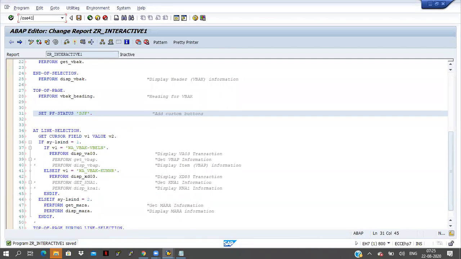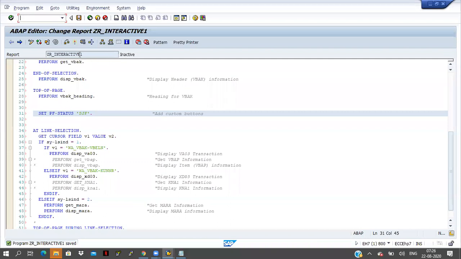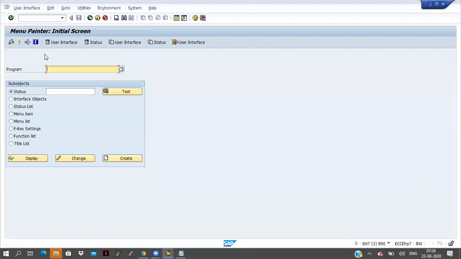I am executing SE41 here. Here it is asking for the program, for which program you want to add the extra menu buttons. So I will copy the program name here and paste it.